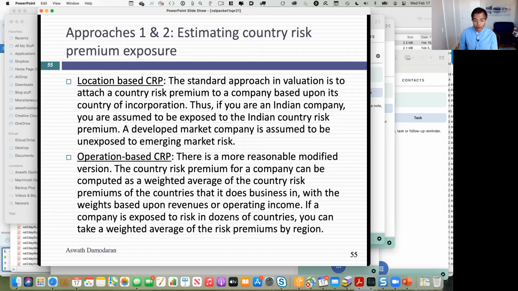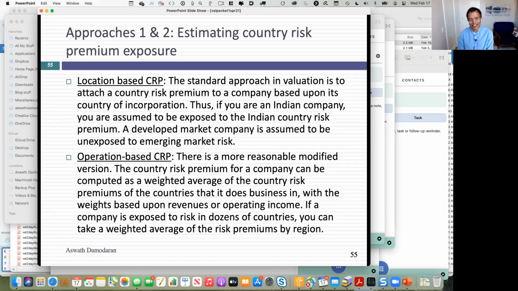I can do what most bankers do, what most appraisers do, which is if I know where you're traded, I give you the equity risk premium of whichever country you're traded in. So if I look at Royal Dutch, depending on which listing I look at, UK or the Netherlands, I give you an equity risk premium for that market. But as we saw even with the start of the class test, that makes no sense. If you're an Israeli company that gets 95% of your revenues in the US, why should I treat you like every other Israeli company? And that's where the operation-based equity risk premium comes in.